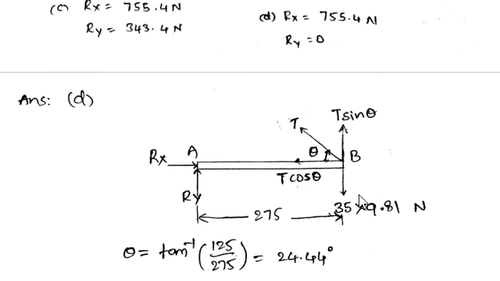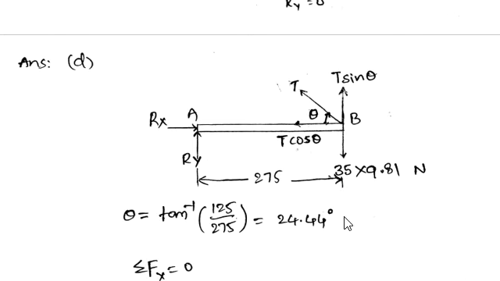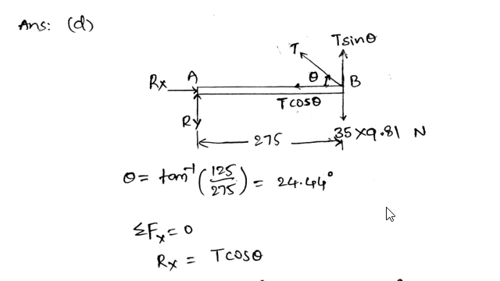So this is a free body diagram showing that, and it is 35 kg given, and we require the force, so 35 into g, so that is 35 into 9.81, to convert into newtons. And here we require the reactions Rx and Ry. So to find the reactions Rx and Ry, let us proceed.